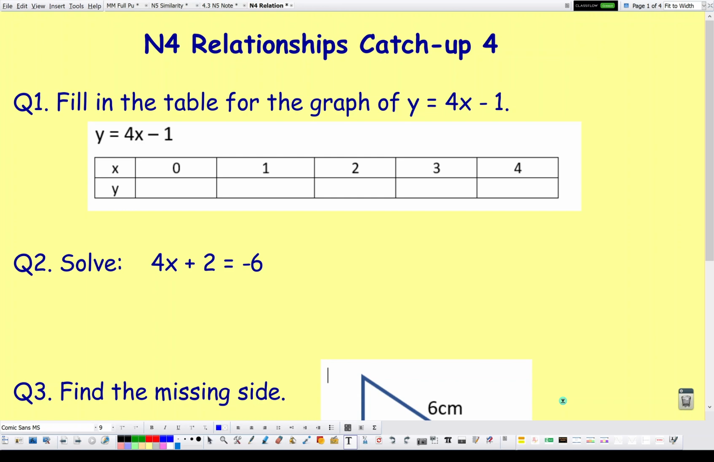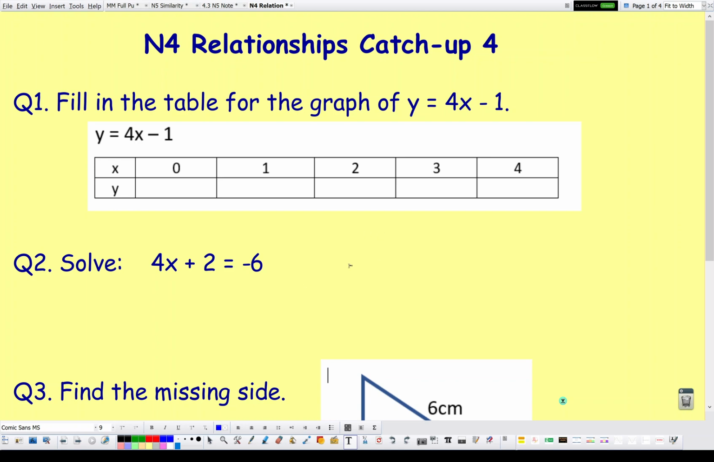Okay, here we go. So we are in that for relationships. This is our catch-up or check-up, whatever you want to call it, our fourth edition. So I'm going to go through these. These are examples very similar to the questions you will get. So we're going to go through all these examples and you're going to do the questions that are kind of